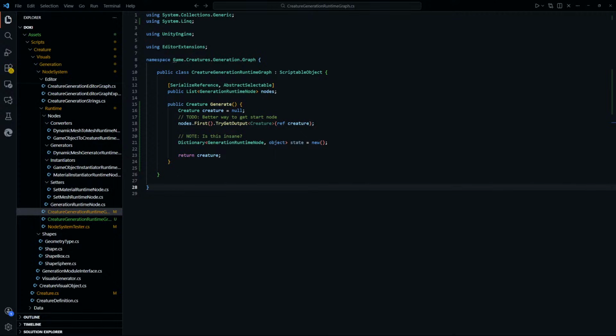Okay, let's see here. Creature visuals generation, node system, runtime. Creature generation runtime graph. There we go. Add first implementation of creature generation runtime graph related to